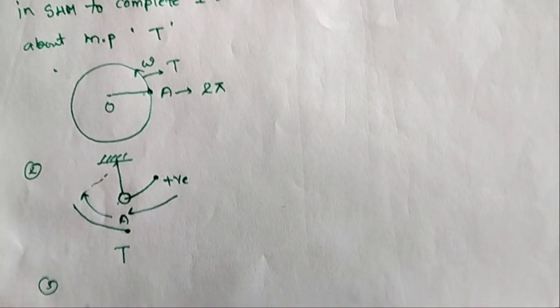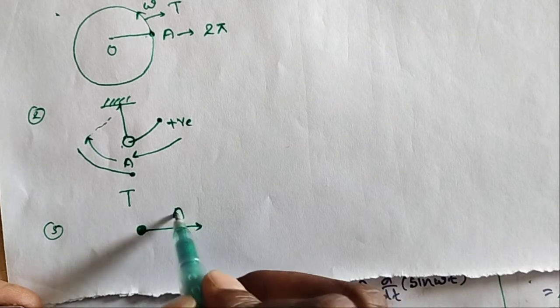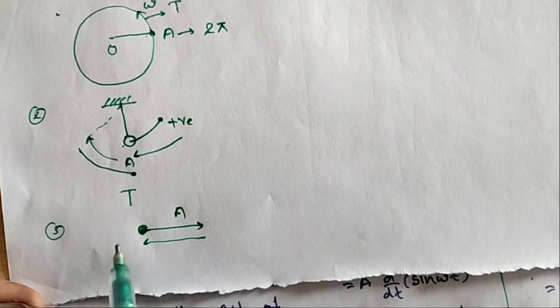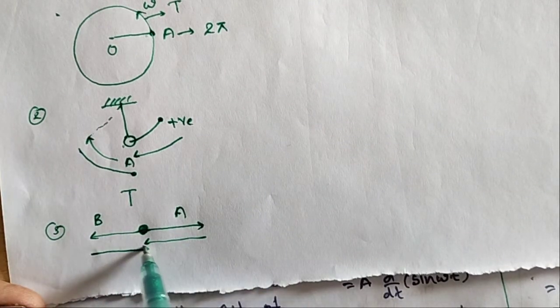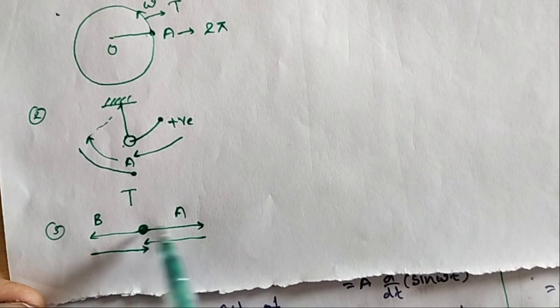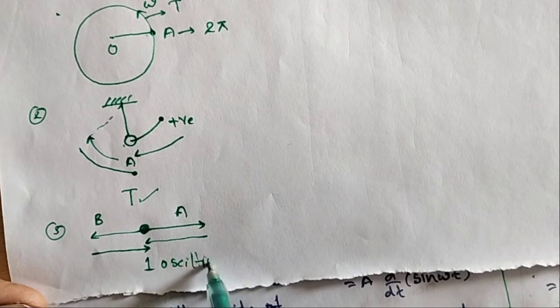Here I am taking another example. This is the mean position. The particle is displaced to A and comes back to the mean position. Then it goes to the left side, to point B, and comes back to the mean position. So how much time taken? It is a to and fro motion about a fixed point, about a mean position. This is called time period, capital T. What is the time period? Time taken. How many oscillations? Only one oscillation. Not two oscillations or three oscillations. The one oscillation. So that is called time period.